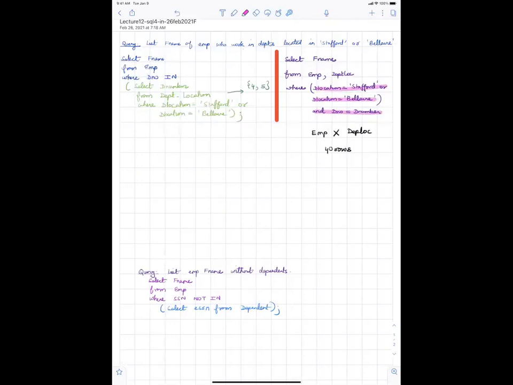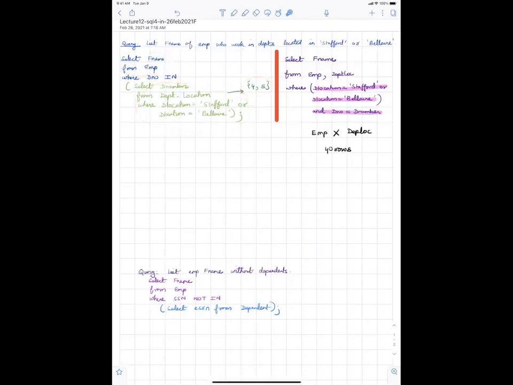On the other hand, the query on the left, which uses in, will pick up row by row from the employee table. It picks up the first row from the employee table, and then it computes the second query. It's a nested query. The output for this query is 4 or 5.